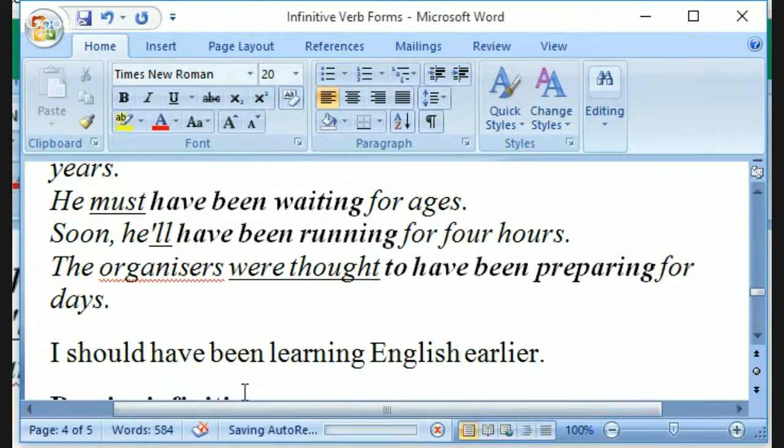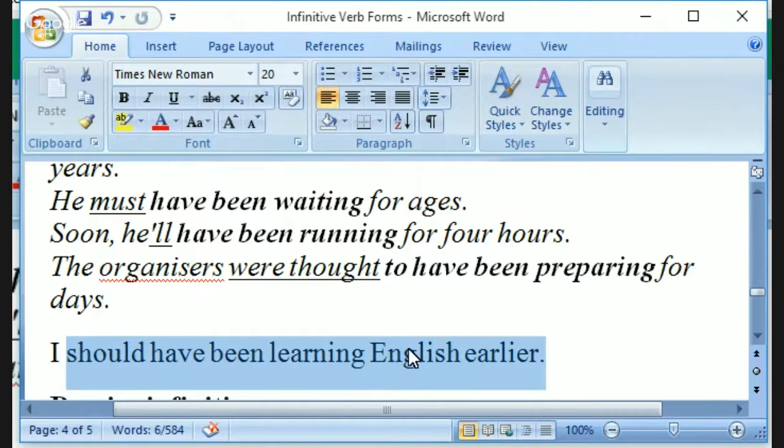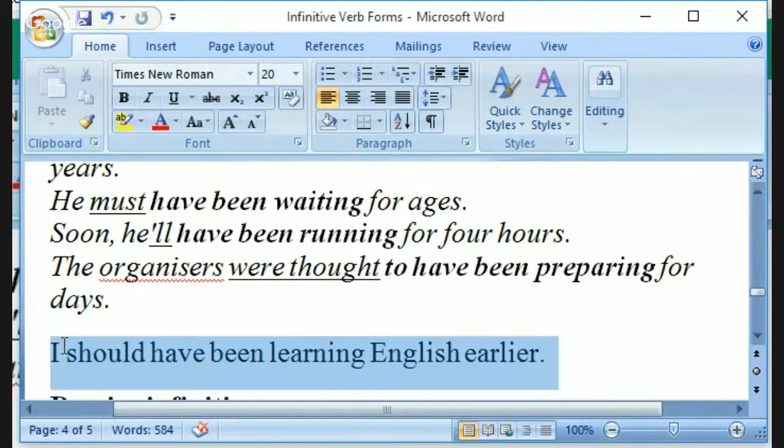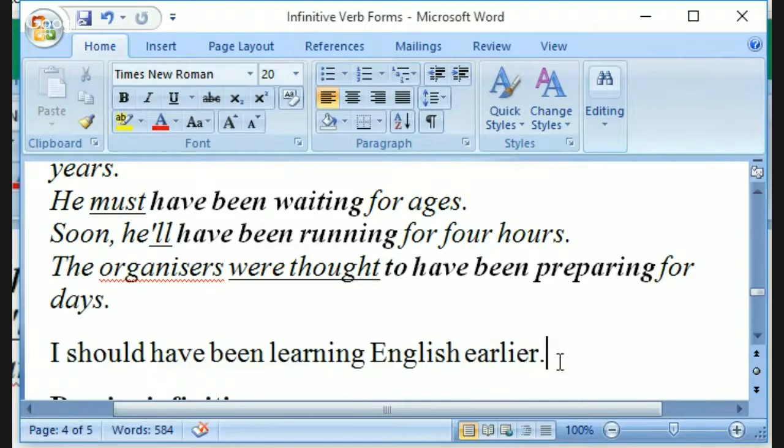Same meaning of start learning. And what is basically the difference? Formal, informal? I should have been learning English earlier. This is a tough one. This is very interesting. This is where English gets really weird. It seems informal to me, not really formal. But you know why? This does not seem like